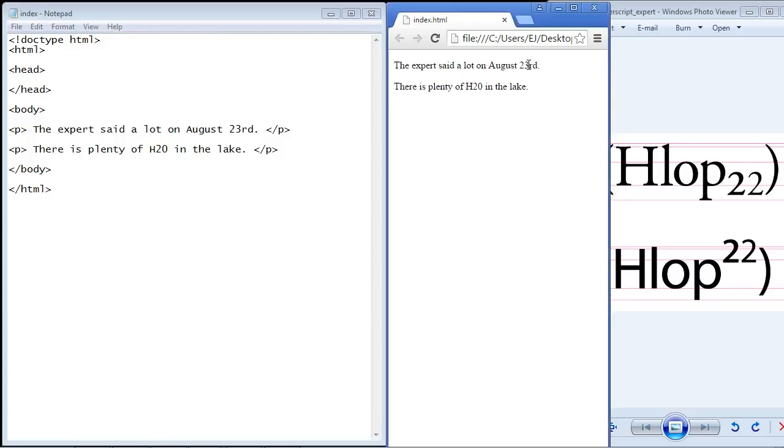So what we want to do first is raise the RD here for August 23rd. We want to put this RD above the 23, and that's something you'll see in normal typography. So first, let's go ahead and put in the opening tag of the sup element. So we'll just put SUP here, and then we'll go ahead and close it out. And let's go ahead and save this. We'll refresh our page, and there you can see the RD now is above the main body of text,